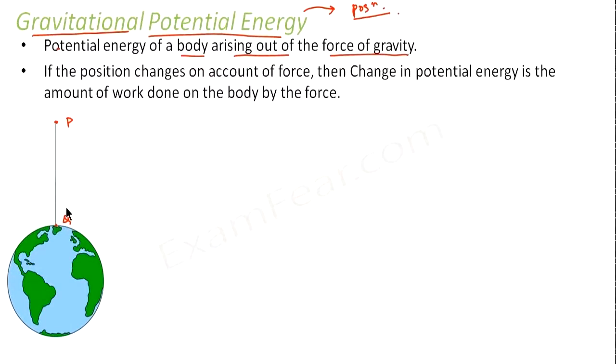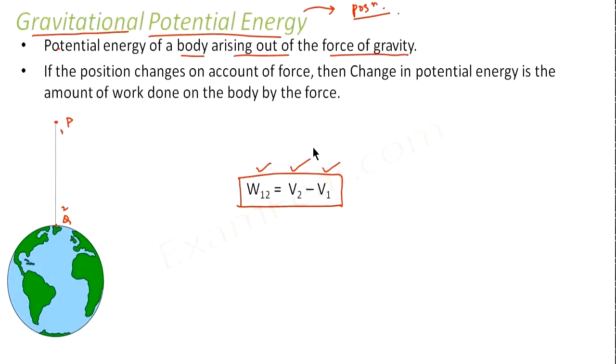In that case, we would say that the change in potential energy, because at point P it would have some potential energy, at point Q it will have some potential energy. So this change in potential energy while coming from P to Q will be equal to the work done by the gravitational force. So we can say W12, where we say that let us suppose this is position 1 and this is position 2. In that case, the work done in taking the object from position 1 to position 2 is equal to the change in potential energy. That is the potential energy at point 2 minus the potential energy at point 1.